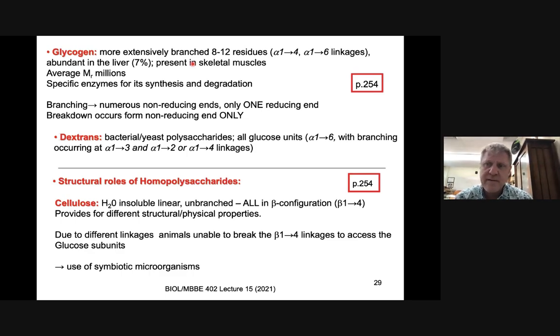So glycogen has become a very advanced molecule in evolutionary terms because of its numerous non-reducing ends and only one reducing end, which basically allows us to concentrate on the numerous non-reducing ends to give us degradation. So we can actually release a lot of carbohydrates in a very, very short time from a large molecule at multiple surfaces. We also see dextrans, which are a very large